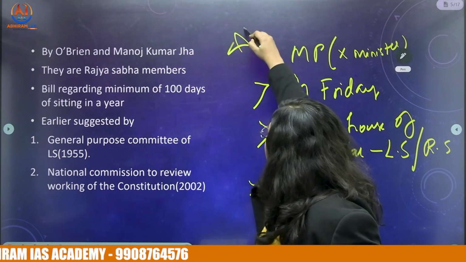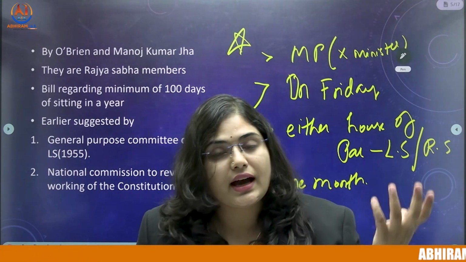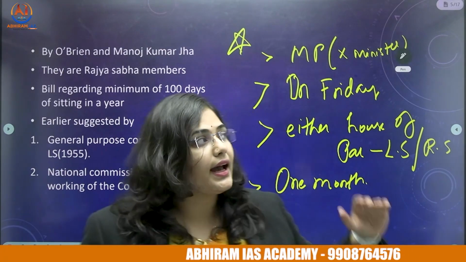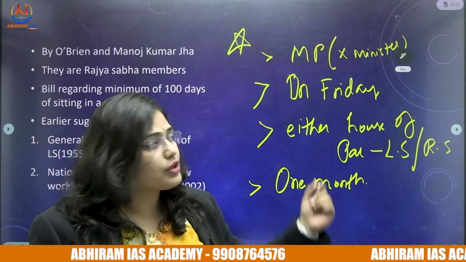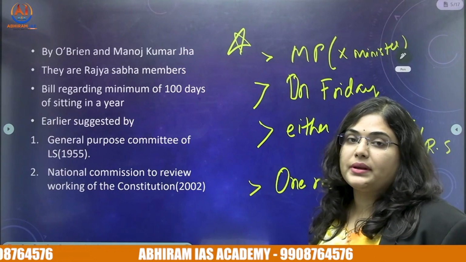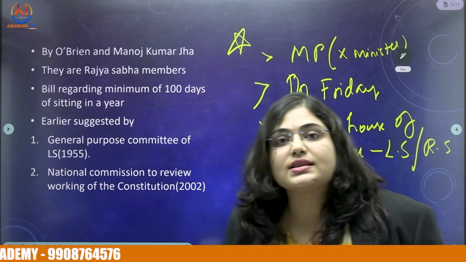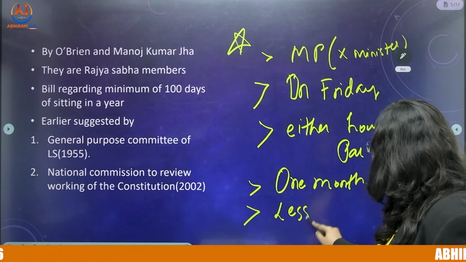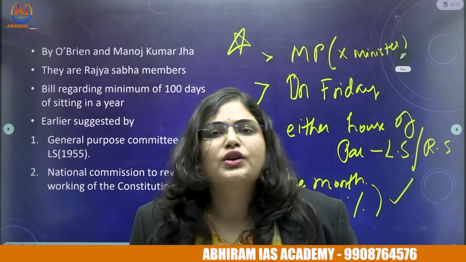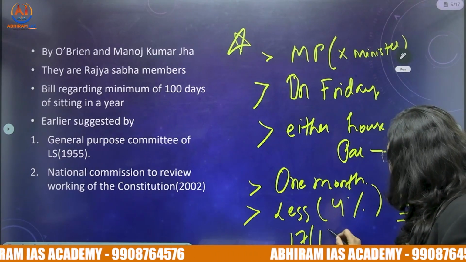See, this question is very important for us from the prelims point of view. In the prelims they may ask us to discuss the important characteristics or the features of the private member bills, and they may give these type of options. We have to choose the correct ones. So these are some important points regarding the private member bills, and you have to remember that the passage of the private member bill is very less. Only approximately 4% of the private member bills have been passed till now. Around 17-18 bills approximately have been passed in the parliament.